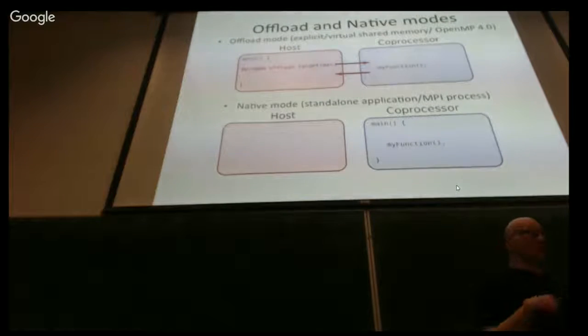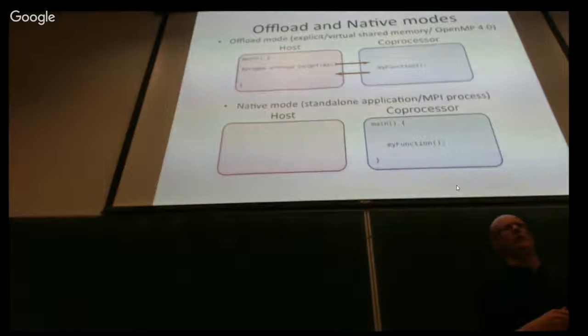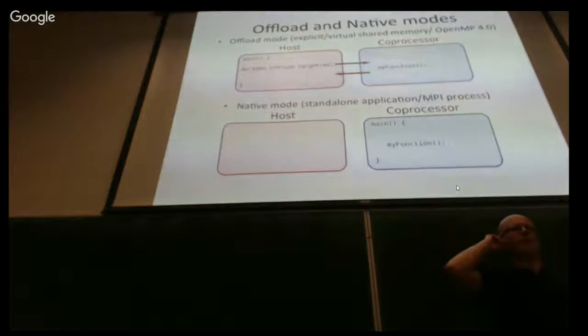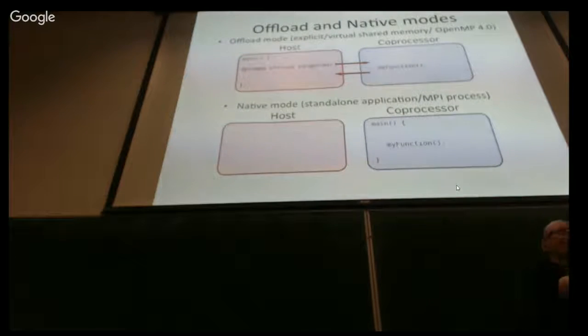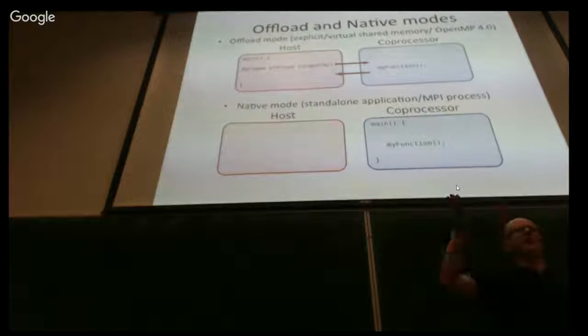Some optimization techniques are to maybe offload all your data structures at the very beginning of your code, even though you might not need them at that particular point. Just offload them all to the coprocessor, leave them there for the entire runtime, and then transfer them back at the very end. By way of that, you limit synchronization points between the host and the Xeon Phi